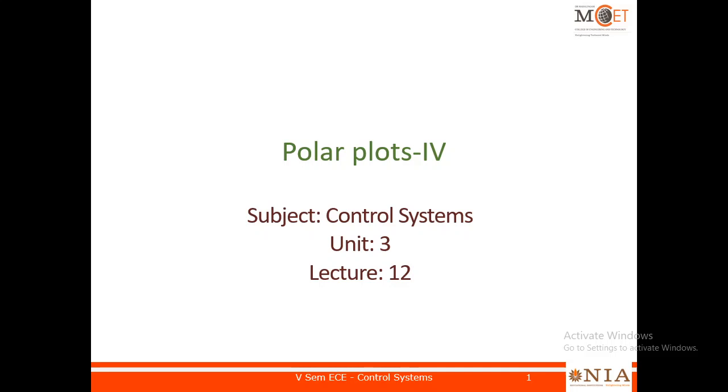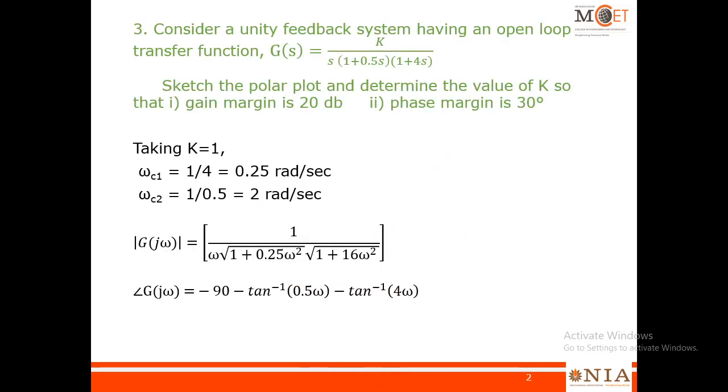Students, in this video we are going to solve a problem related to polar plot. So here is the problem statement. A unity feedback system having an open loop transfer function G(s) = K / [s(1 + 0.5s)(1 + 4s)] is given, and we have got to sketch the polar plot